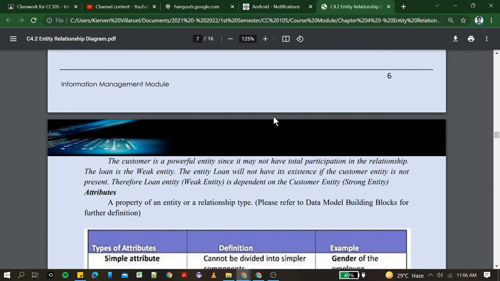So the customer is a powerful entity since it may not have a total participation in a relationship. The loan is the weak entity. The entity loan will not have its existence if the customer entity is not present. Kumbaga sa real world o sa totoong mga pangyayari, mag-exist pa rin yung mga customer kahit wala silang loan. Pero yung loan, hindi mag-exist kapag walang mga customer. Yun nga. Kasi weak entity at nagdidepende yung loan, magkakaroon ng record ang isang